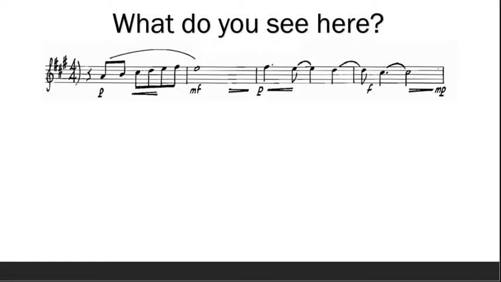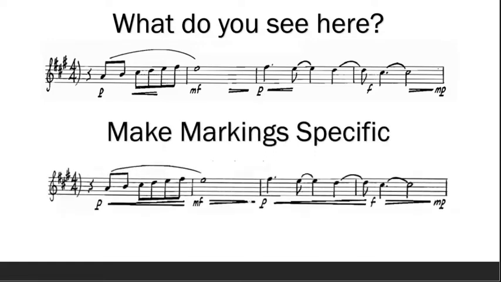Anything wrong? Time's up. Make markings specific. So whenever you have, this is another thing you have complete control over in Finale and Sibelius, your crescendos should reflect exactly what you want, or if you're doing copying for somebody else, whatever the composer wants, but generally it'll be your arrangement. So try not to, if you can help it at all, abbreviate those crescendos,